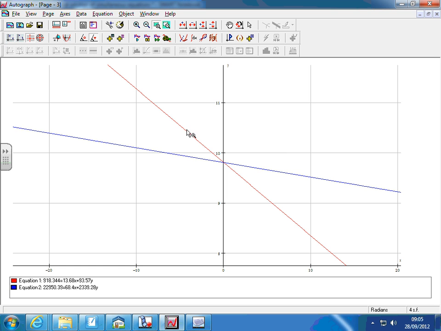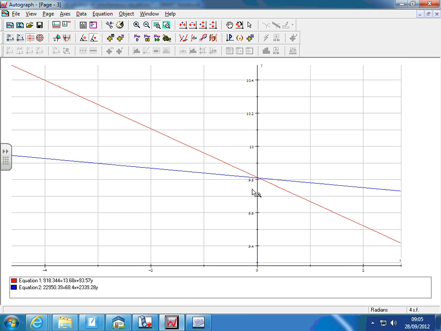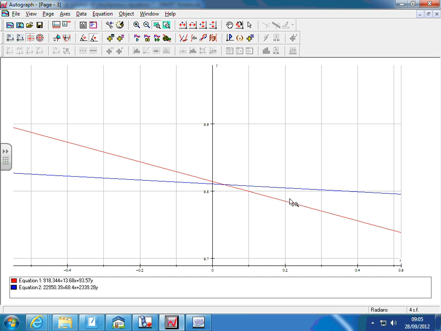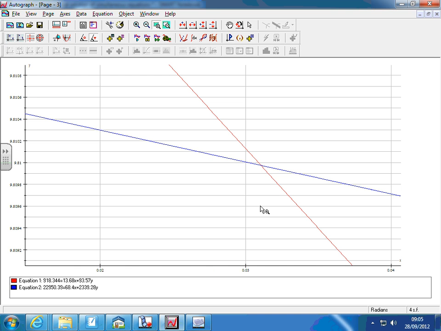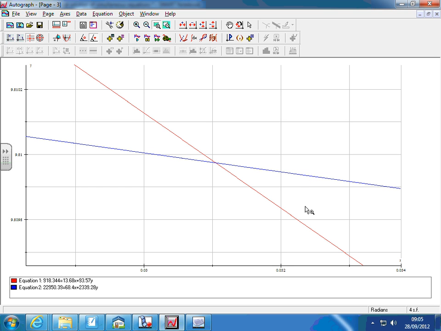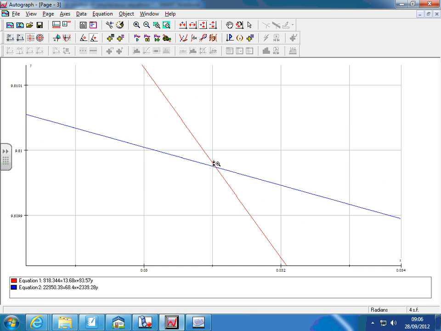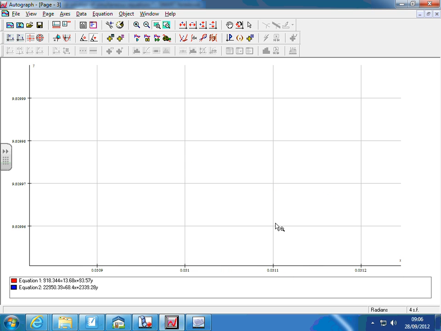Zoom box in on this point here. Now we can start to see that it's all happening around this point here. So again, we could do with zooming in maybe on the y-axis to separate out these points. And then zoom in again. So it's using the buttons on Autograph to zoom in on the values. Again, we could probably zoom in on the y-axis a bit. And then, and so we can now,